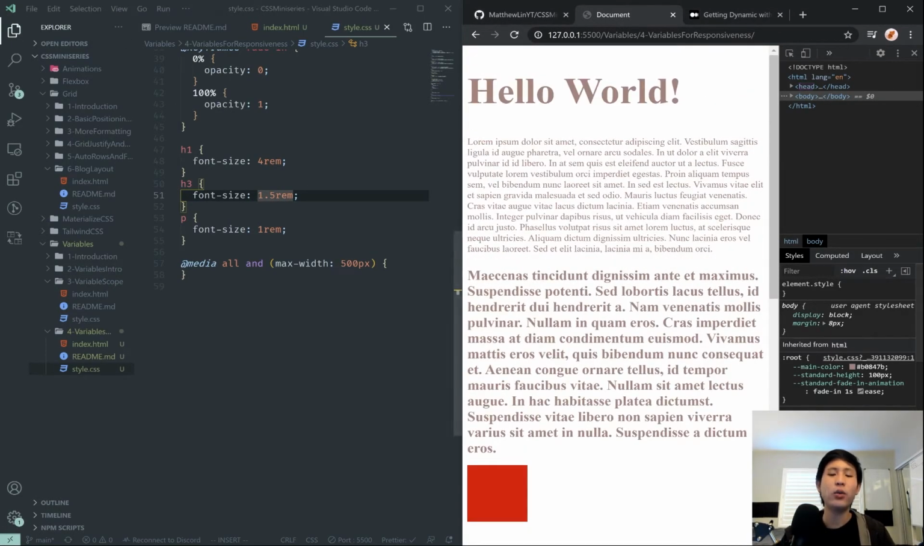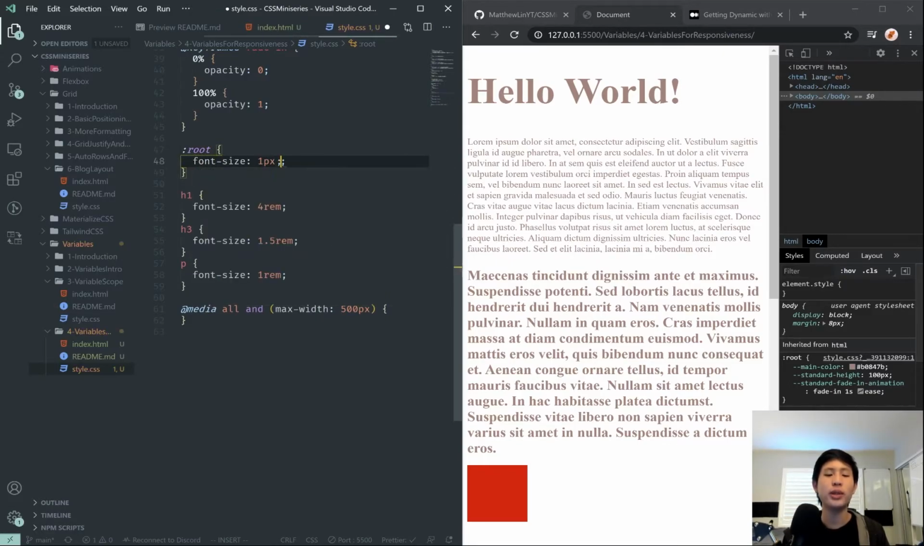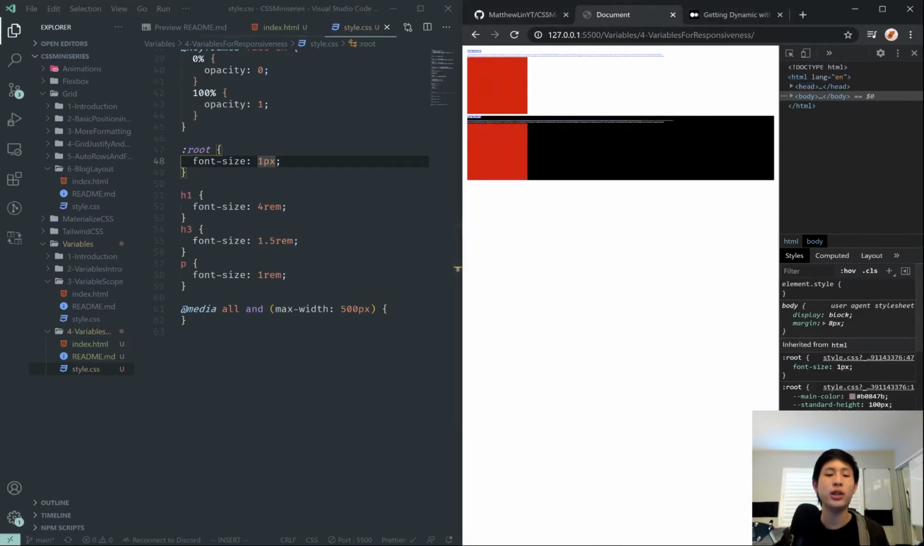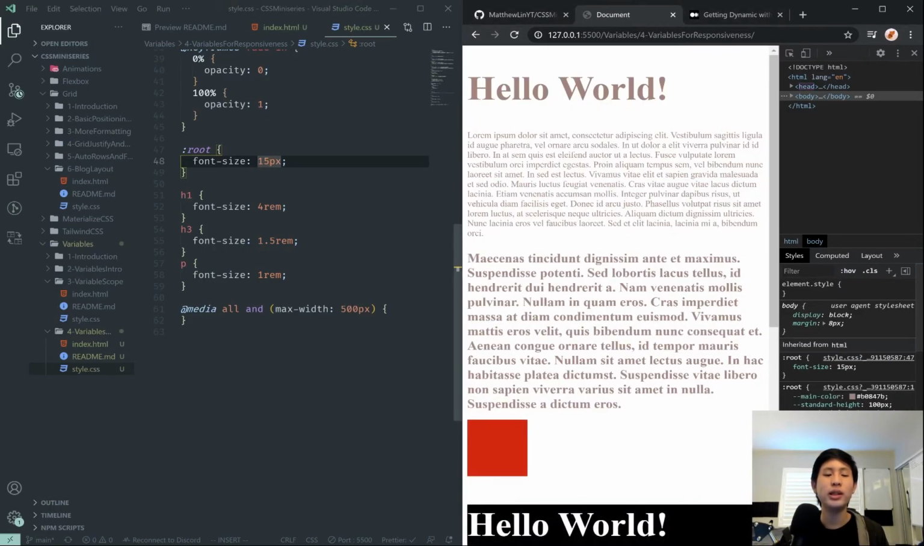So basically, again, a rem is just a different size, and it's called a relative M unit, which is relative to the root unit. So if I say font size is 1 pixels, notice everything gets really tiny. And if I say font size is 10 pixels, everything gets bigger. If I make font size 15, so basically a rem is relative to the font size in the root. And we don't necessarily have to use variables here, but if I wanted to, we could say a variable